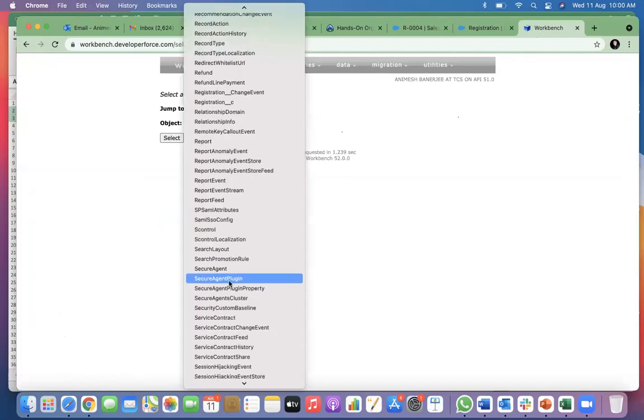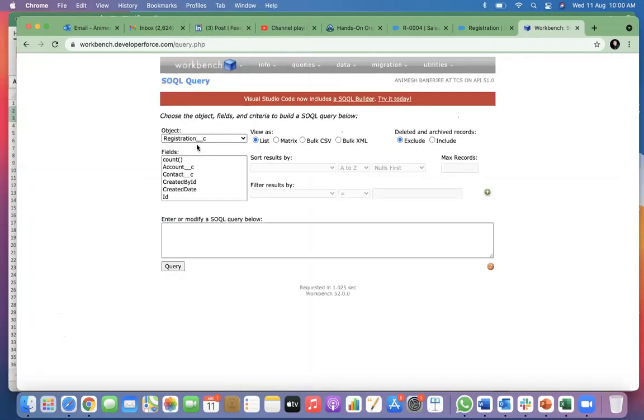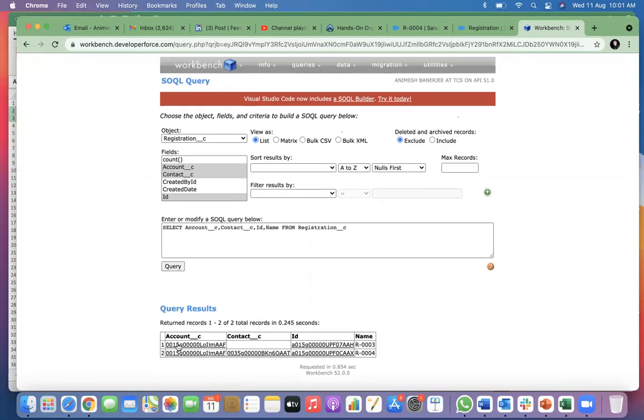So if I go to registration here now, what fields you will see? Here you see account and contact. And what is it storing? And this is the normal ID field of this. You do a query. You see, it is storing basically ID. The first one I did not have the lookup. That's why it is blank. And second time I selected something. So it is storing basically the ID, the primary key of that table. And ID is also auto-generating for this table. And name field is also auto-generating. So I am not entering anything. I am typing nothing.